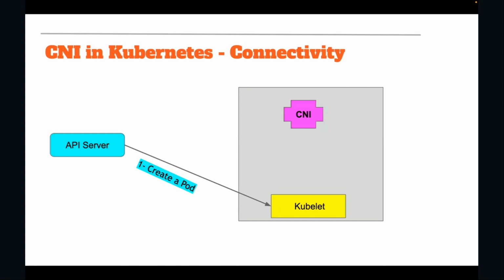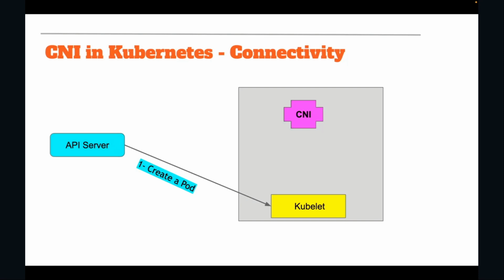You would have heard about the container network interface as a standard, using which we can connect the different pods together, right? Now, once we install a base Kubernetes cluster, the networking does not come by default in it. We have to install something called a CNI. And these CNIs are responsible for attaching the interfaces to the pods we are creating, giving them IP addresses, and setting up the connectivity among the different pods we have on the network.